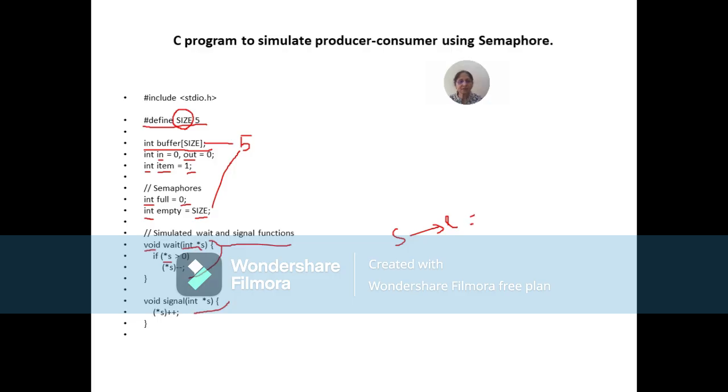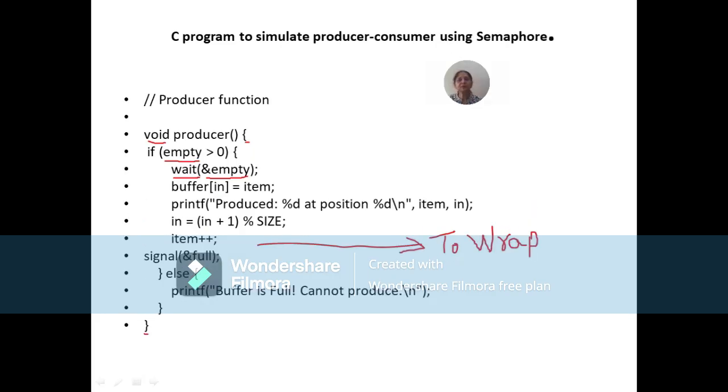Empty is accepted as s. What was the size of empty? What did we store in empty? We stored the value 5 in our empty. So when we say star s, that means the value at that position. So star s means the value. What is the value? 5. So it checks, is the value at s greater than 0? Yes, it is 5. So it will say minus minus. So now the new value is not 5, but now it will be 4. That's all. So it will just execute wait, and it will decrease the value of empty by 1. Empty is accepted as s here. After that, the control comes back to the producer function, and it comes to the next line.